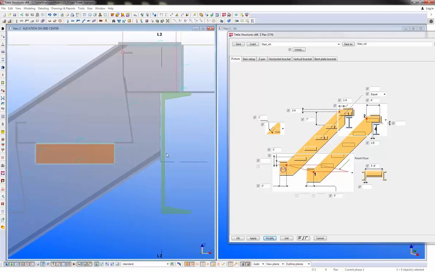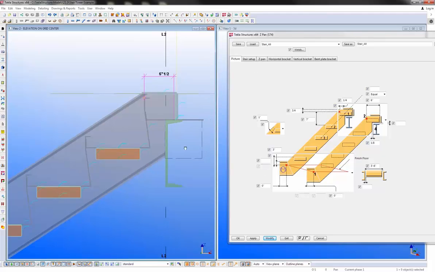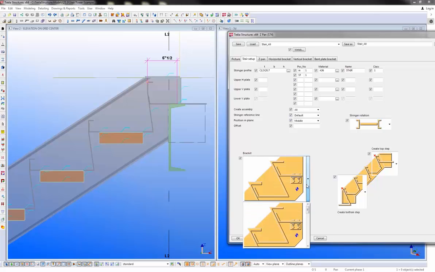And now I have my 1/8 inch gap. Now as far as some of the other options, if I come here to the Stair Setup tab, this is where I can change things like the position of the stair and the type of brackets. First, looking at the brackets, the out-of-the-box standard Stair All option is to provide that angle bracket underneath the tread